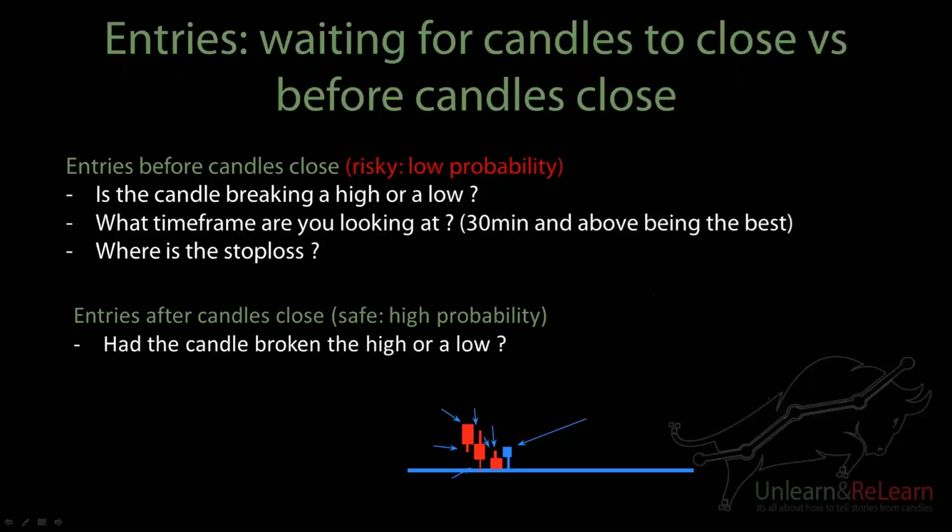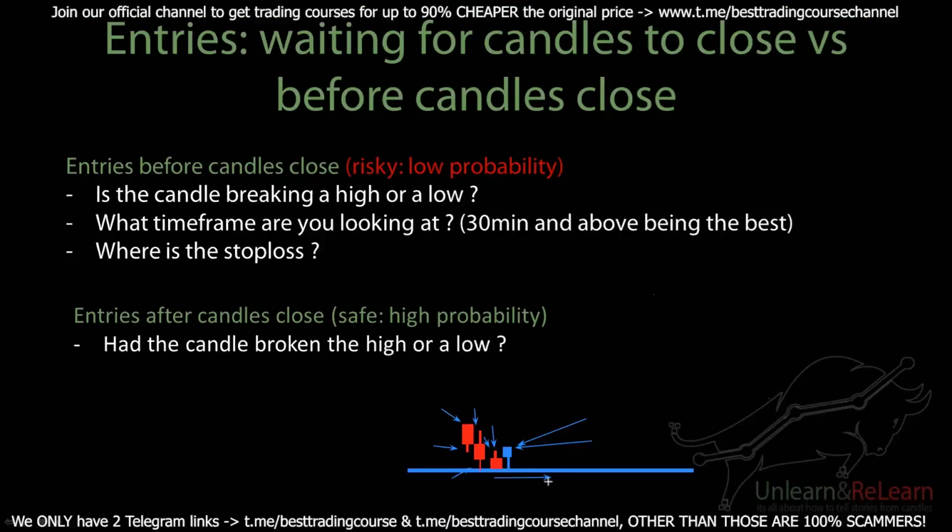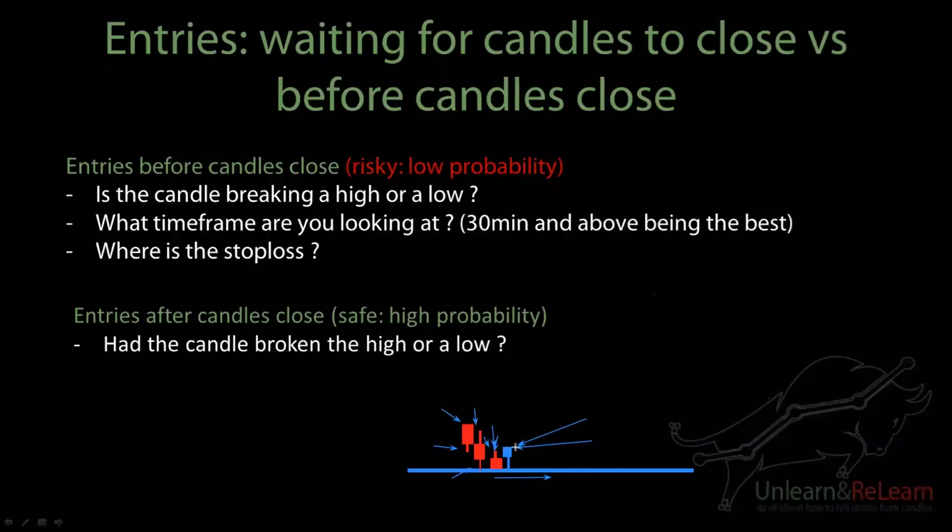A more aggressive trader will say, okay, perfect. Since it's breaking the high of the previous candle, I'm going to take a buy over here and put my stop below this current candle, expecting that since it's breaking the high, it's more likely to create a support. Then once I'm in this trade, I'm expecting the next candle to make a low and continue moving up. That's what a risky trader is going to do. A more conservative new trader is going to say, whoa, Mr. Risky Trader, that does not make sense.